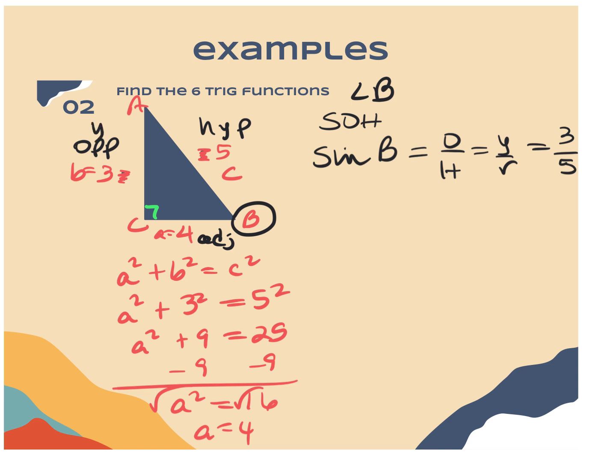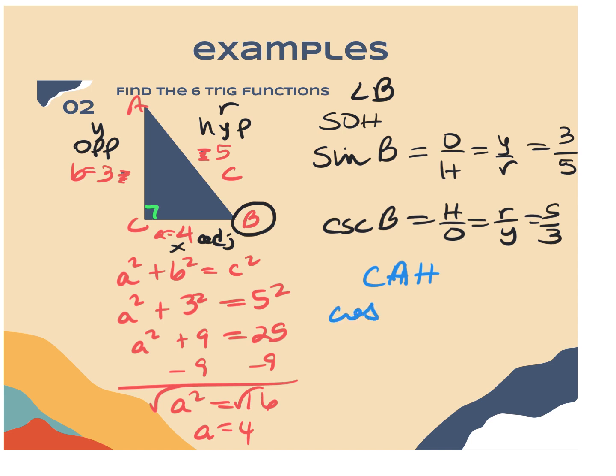Remember, this is y, this is x, this is r. The reciprocal is going to be cosecant. Flip it: O over H becomes H over O, or R over Y, 5 over 3. Then for the next one,